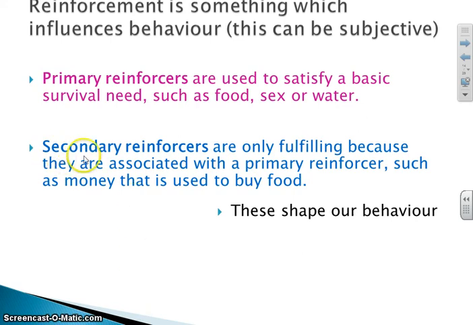And a secondary reinforcer is literally something that's worth nothing that we exchange for a primary reinforcer. So the example I use is money is a secondary reinforcer. The money itself is not worth anything. It's only worth something if you can exchange it. It's the same principle if you had a star system when you were in primary school. You would get stars throughout the week, and once you'd built up so many stars, once you'd got enough stars, you would get a treat on a Friday afternoon. The treat is the thing you actually wanted, but the stars were your means to getting that.